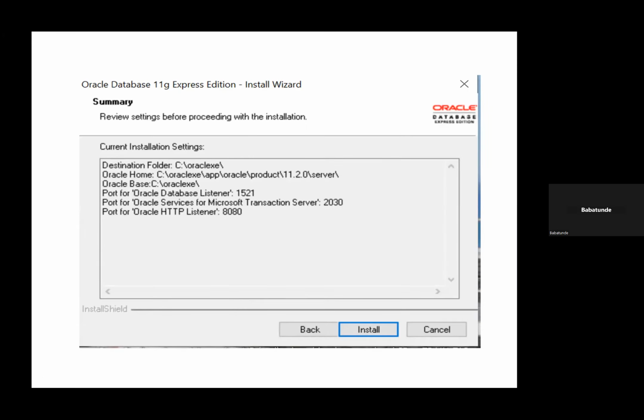You can see this is what it's doing. It's telling you the destination. Remember I chose C drive. It's telling me my Oracle home, where I'm going to put the Oracle, in very simple English. It's saying the Oracle home, meaning Oracle base, where I'm going to put the Oracle into. And it's saying this is where I'm going to put it. From all these products, into this service. So I'm going to put it in this location. Then if you look at it further, it says,